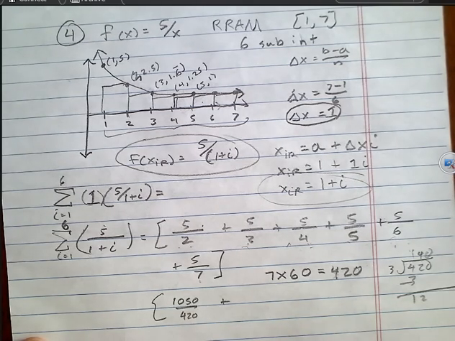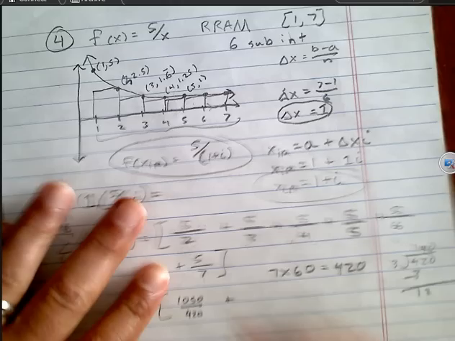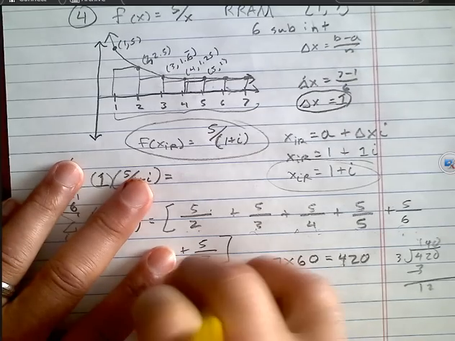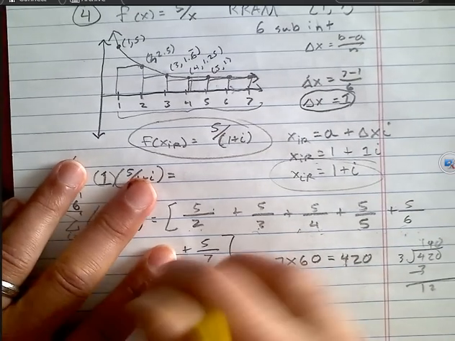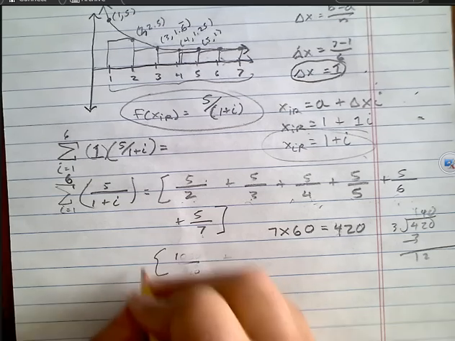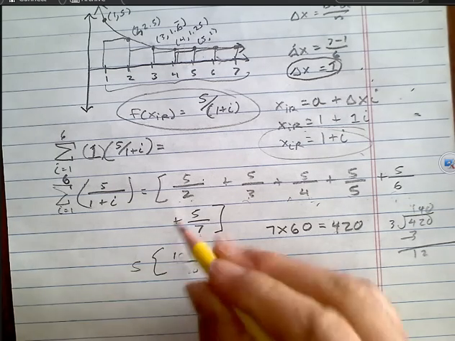Well, it might be easier to factor the 5 out. Let's go ahead and factor the 5 out. We're going to do all that multiplication. Alright, so let's factor that 5 out. That 5 is out of there. Okay, so we've got